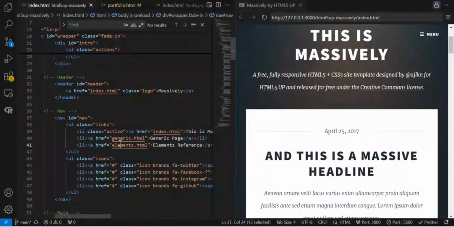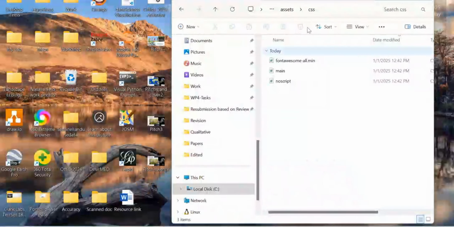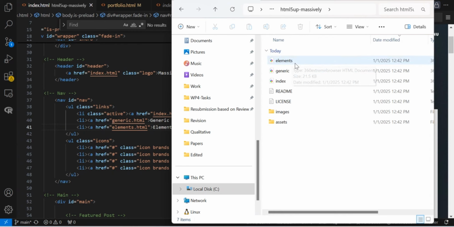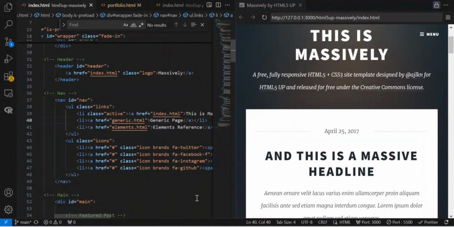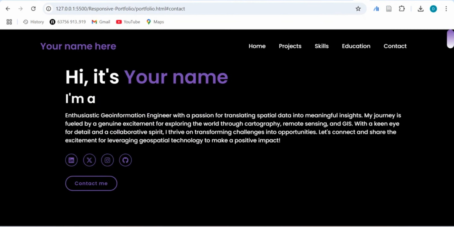Actually, when you download this particular template, it comes with two extra pages. One is called generic, the other is called element. You can change this here and make sure that you change it also in the source code. So I can also show you that here. So this element and generic, you can also update it later on, but I wouldn't want to go more in depth on what is there. But if you see what I made here,